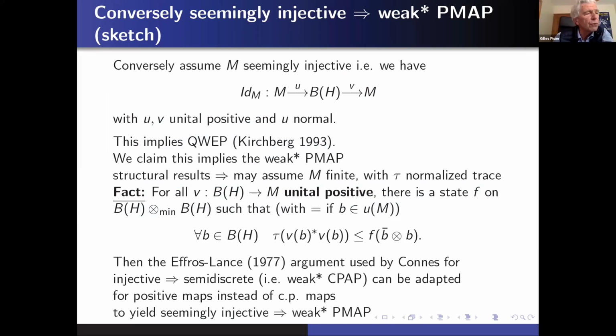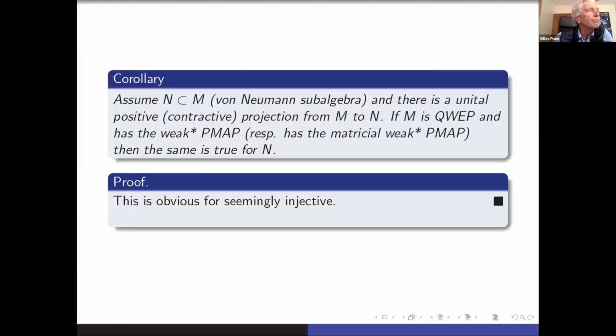Okay, so that's just a sketch for the converse, that seemingly injective implies weak star PMAP. A corollary of this, just for a little bit of emphasis, is that if we have a von Neumann subalgebra N of another von Neumann algebra M, and we know that there is a unital positive, and hence contractive, projection from M to N, then the weak star